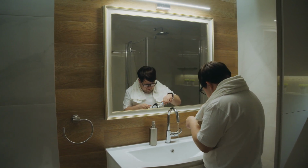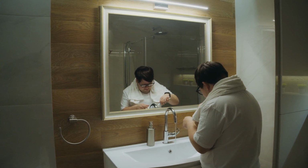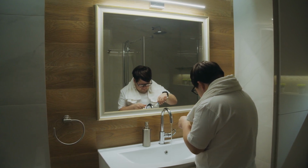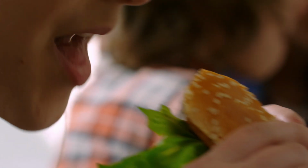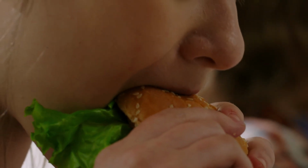Moreover, it aids in remineralizing weakened areas, bolstering the overall strength of your teeth. With regular use, fluoride mouthwash contributes to a more resilient and less sensitive dental structure, ensuring a more comfortable experience after dental cleaning. Seventh, in the week following your dental cleaning, it's advisable to avoid hard or crunchy foods that